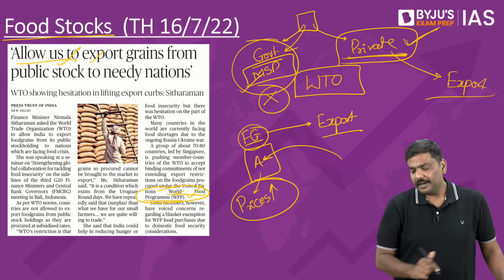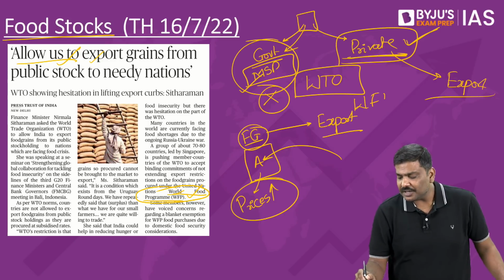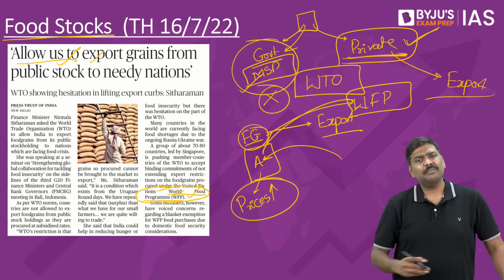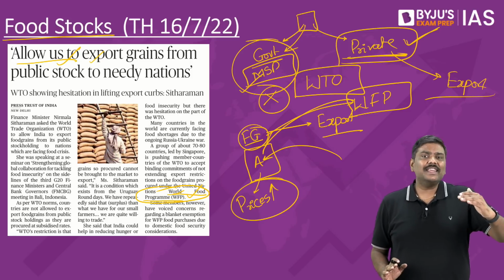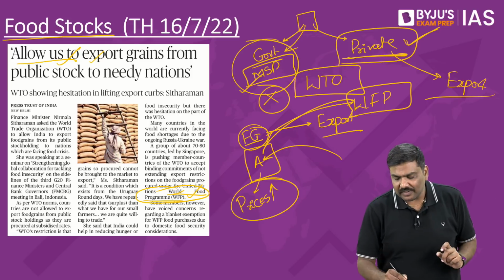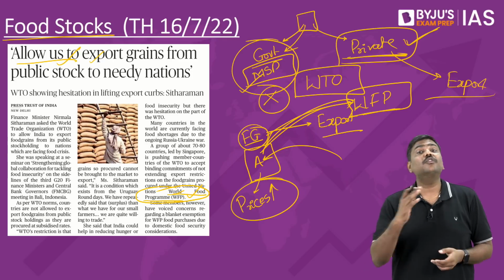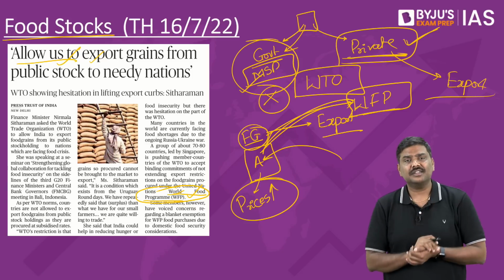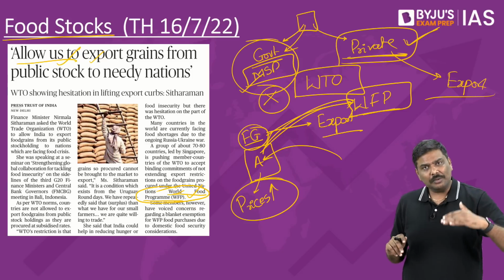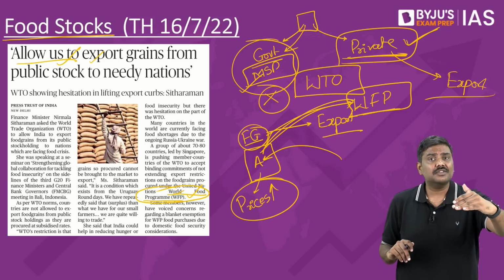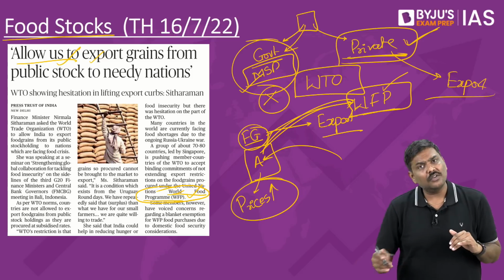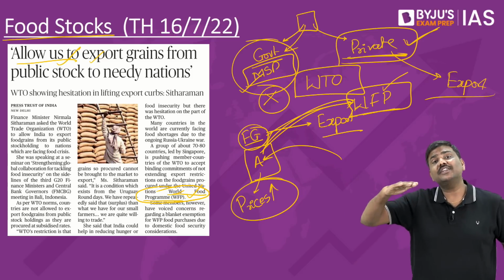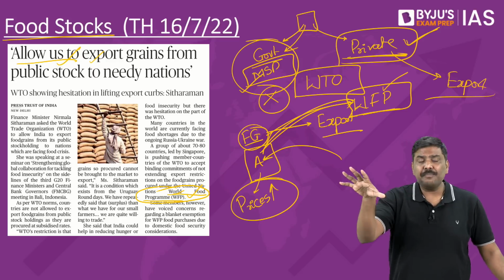But there is one concern here. There is a program run by United Nations, World Food Program, and under World Food Program also the food grains can be sent like this. So governments can even impose restrictions whenever the food grains are procured for World Food Program. Right, so very recently there has been a lot of discussion regarding this. Should the governments be allowed to impose restrictions or export restriction whenever the procurement is done for World Food Program? Or there should be an exemption to the exports which are done